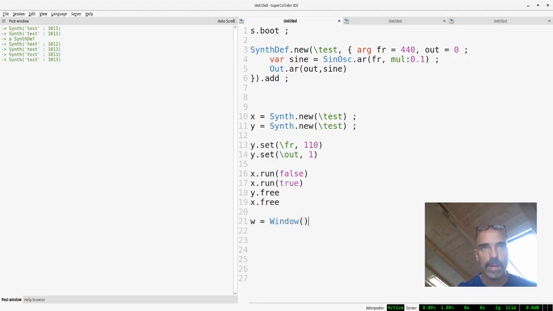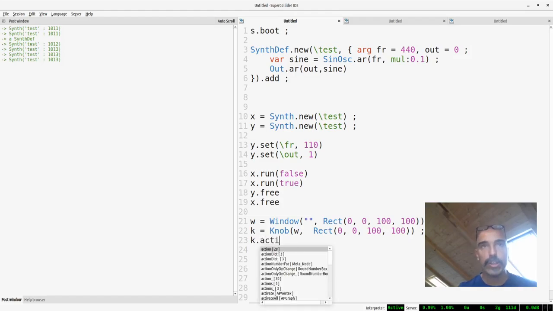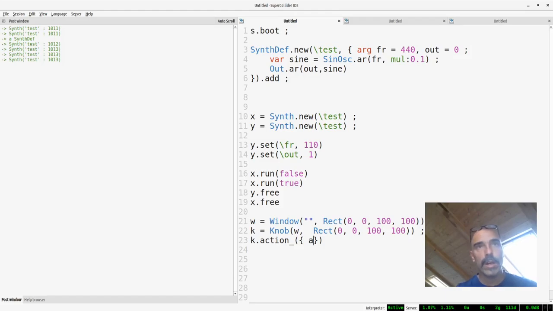Window. We create a window and then we create a knob like the one we already created. We're doing some exercise. This is wrong, and it should have dimension. Just copy this dimension and paste it. So a classic mega knob. And now the point is that the action could be, let's try to bind everything, a function with arg me, which is the knob. And why? Because here what we want to do is to bind the rotation of the knob to the control of the frequency. So me value